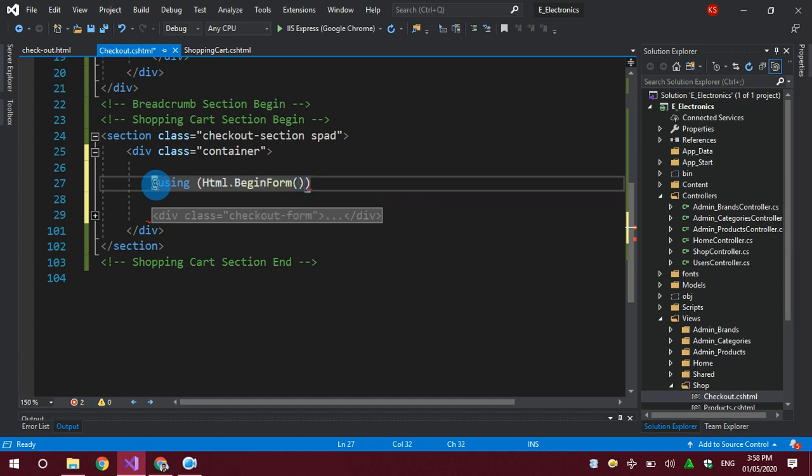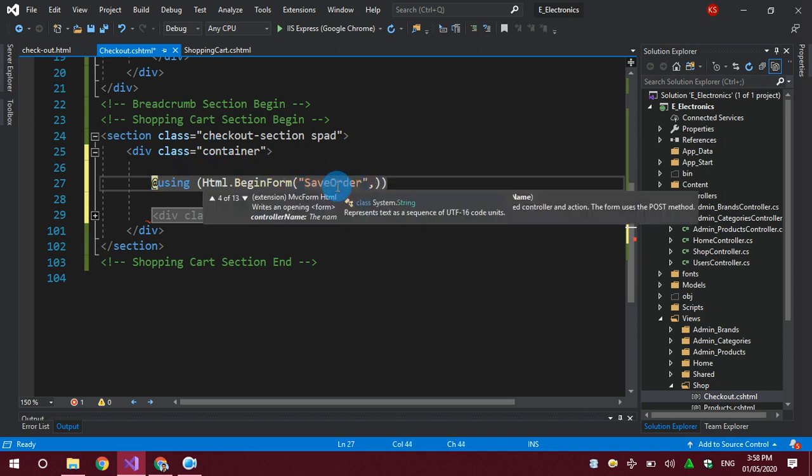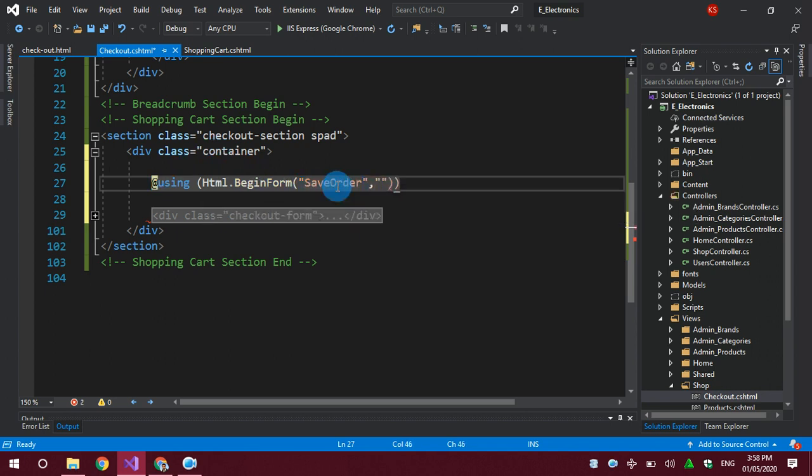And then I will tell my controller which action to perform. I will call it save order. I have not created this method in my controller yet. I'm going to create this method, but I have called it here, SaveOrder in the shop controller.